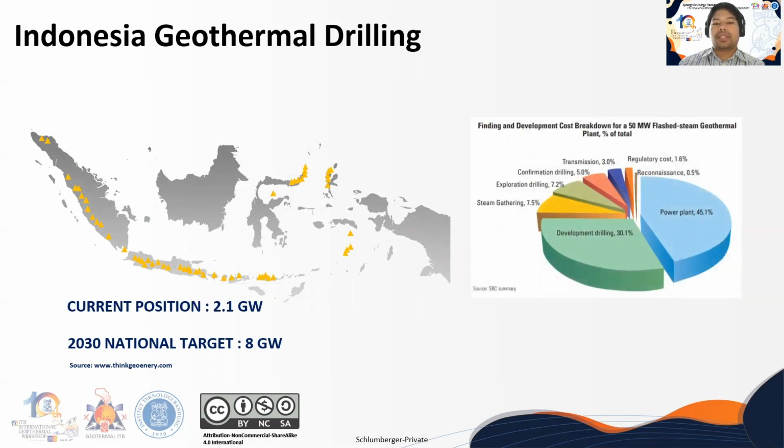One of the main factors that can affect development of geothermal energy is the high upfront cost. Based on the SPC summary, the cost of geothermal wells and the field development is around 30% of the total investment cost for new geothermal plants. And one of the main factors that could affect the drilling activity is the selection of the drilling bit. Although the cost of the drilling bits only makes up 3 to 5% of the total drilling cost, it directly affects the total cost of the drilling activity.